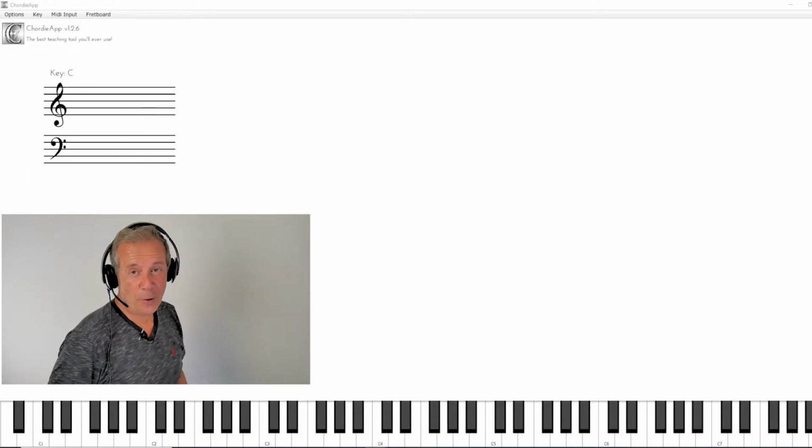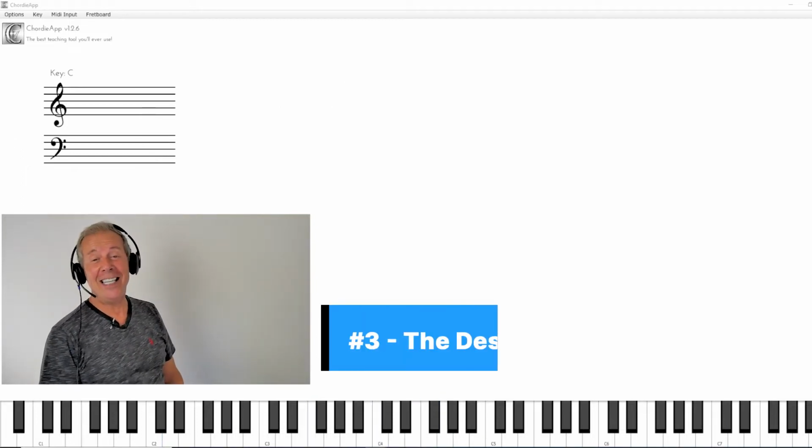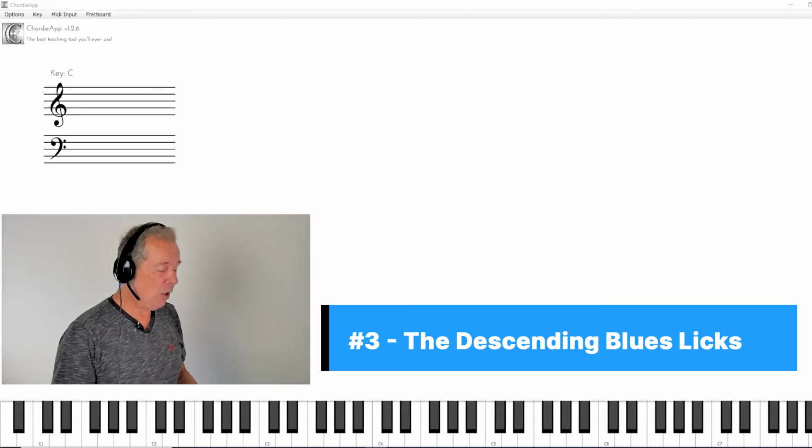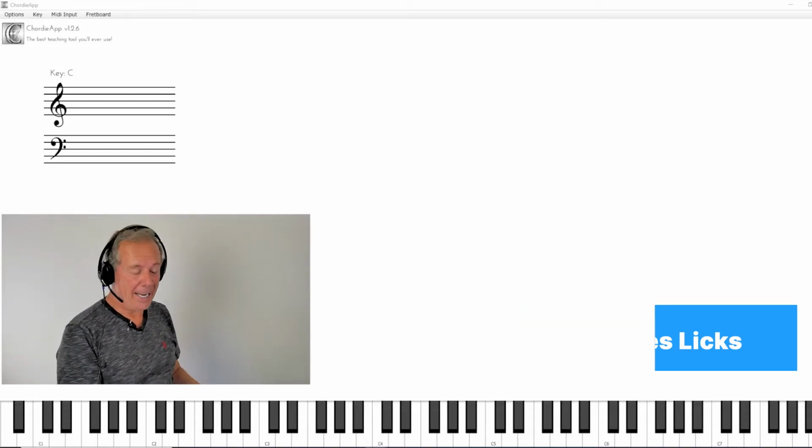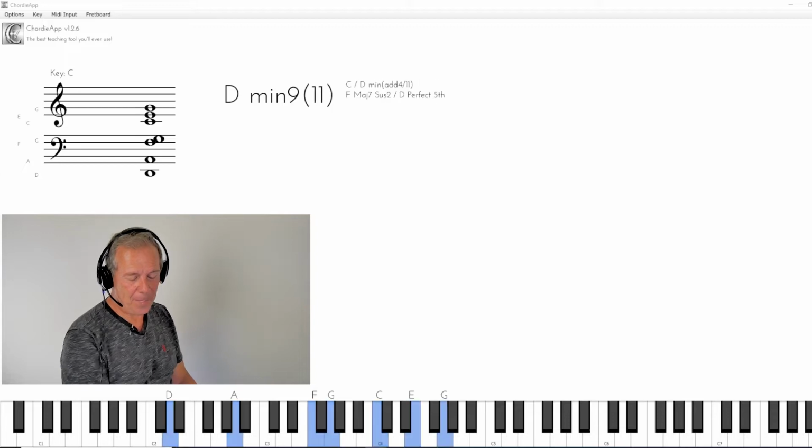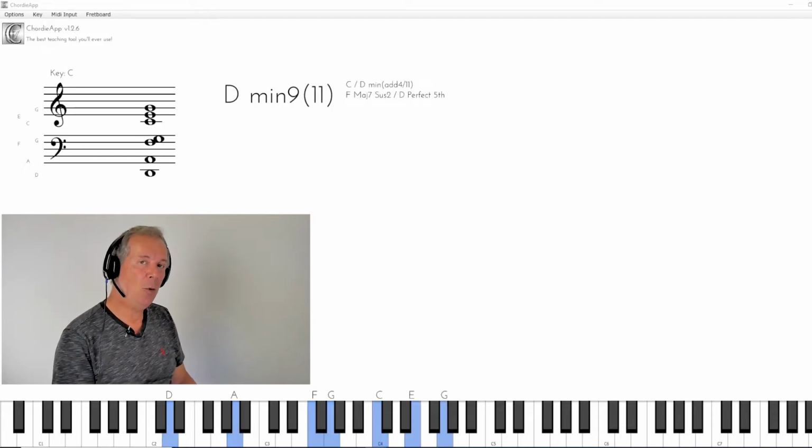So the next one is a lot of fun. We call this the descending blues licks. So essentially, let's say we ended on D minor again. What you're going to do is you're going to pick whatever the key of the moment is, in this case D minor, and play blues licks in a descending pattern. So for example,